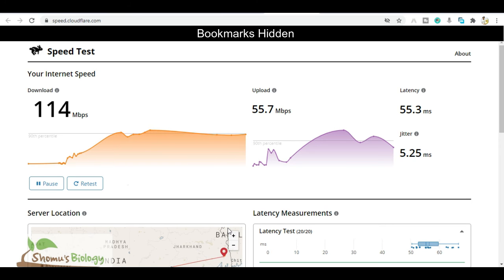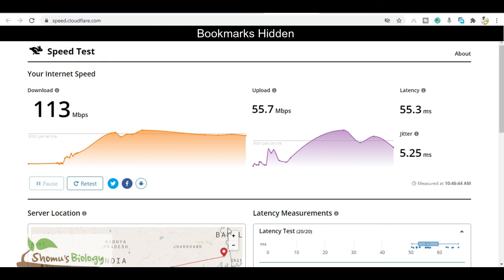This is, for example, a good internet connection, because in a good connection the latency value will be close to 50 to 60 something. I mean, it must be less than 100 in order to have a glitch-free online classroom experience. And the jitter must be less than 10. That should be the actual ideal values. So jitter less than 10 milliseconds and latency less than 60, 70 milliseconds. Even less than 100 will work fine, not a problem.